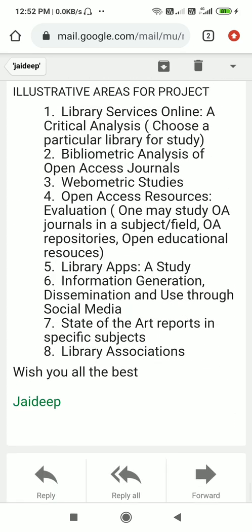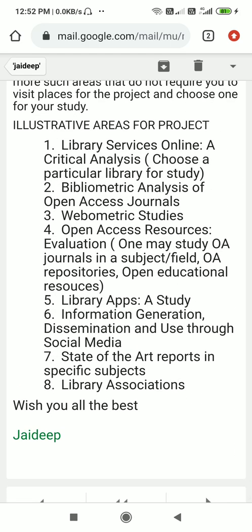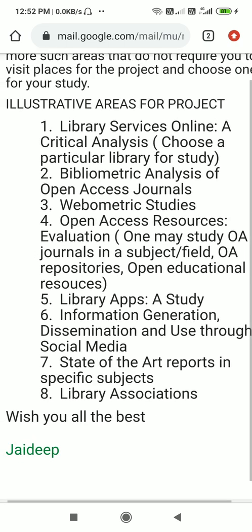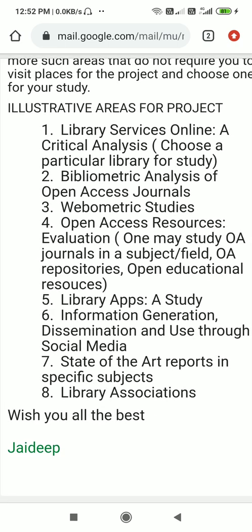For project title, you can select the below topics. These are the 8 topics suggested by the IGNOU MLIS faculty. Because this project area allows you to survey online, you don't need to visit any library or institution for collecting the data or information for your project.